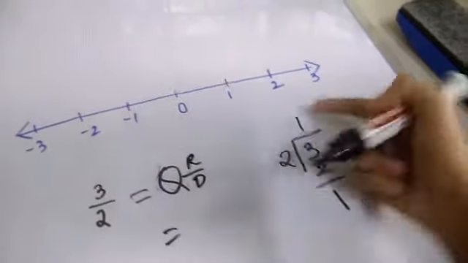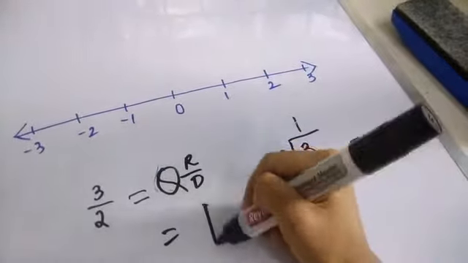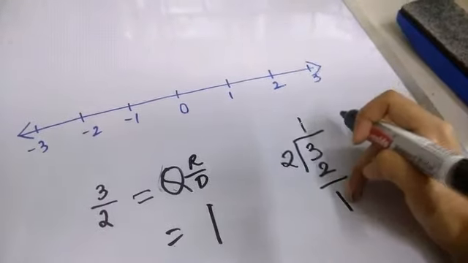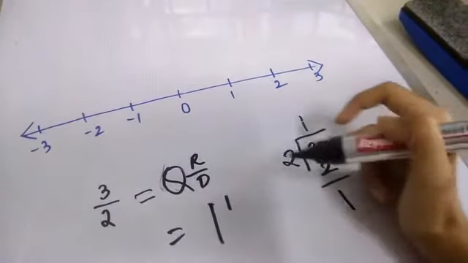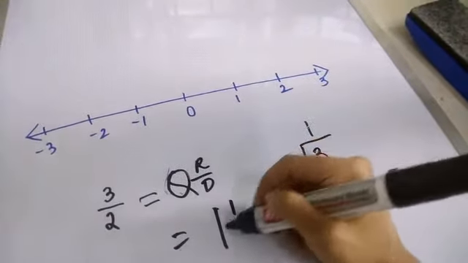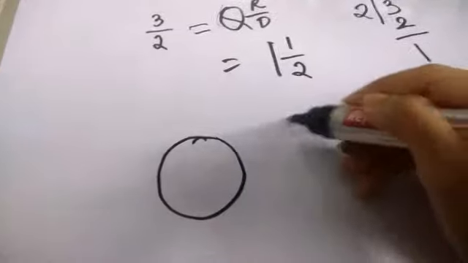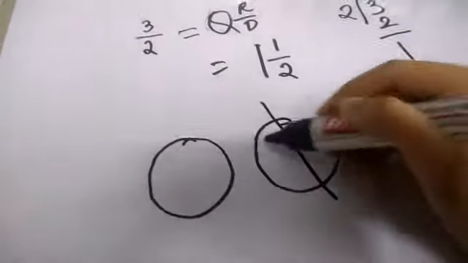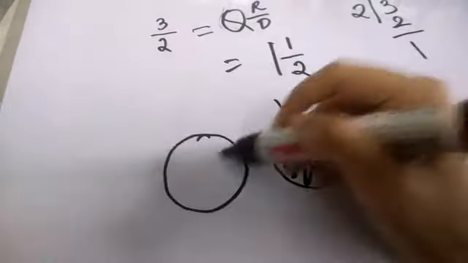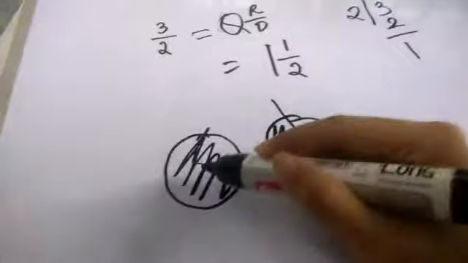So here the quotient is 1. So you're supposed to write 1 and then the remainder is 1, and the divisor is 2. So what this means is 3 by 2 is the same as 1 and 1 by 2. If you take it in terms of the cakes, that means 1 cake and then a half cake, right? This much plus this. So 1 and 1 by 2 is also called 3 by 2.